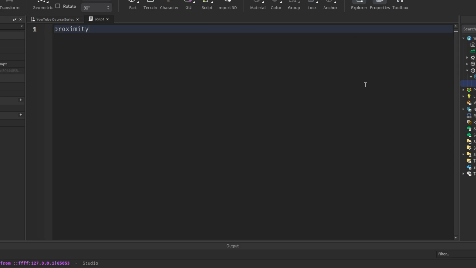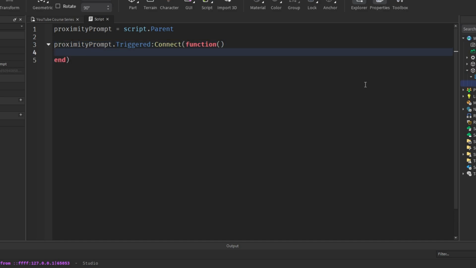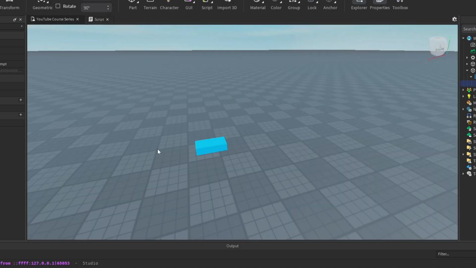In here, let's get the proximity prompt. So proximity prompt equals script.parent. And now there's two functions we can use to fire code when the proximity prompt is triggered. We can use triggered and trigger ended. So let's do proximity prompt dot triggered :connect function, and automatically this is called whenever the player clicks or triggers